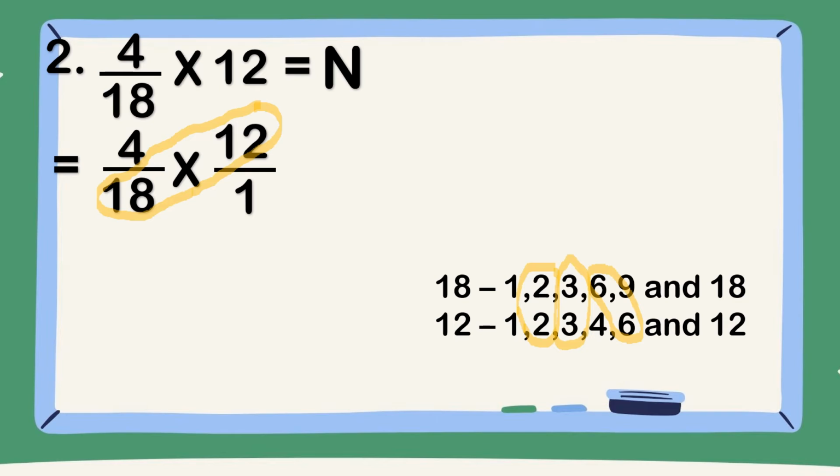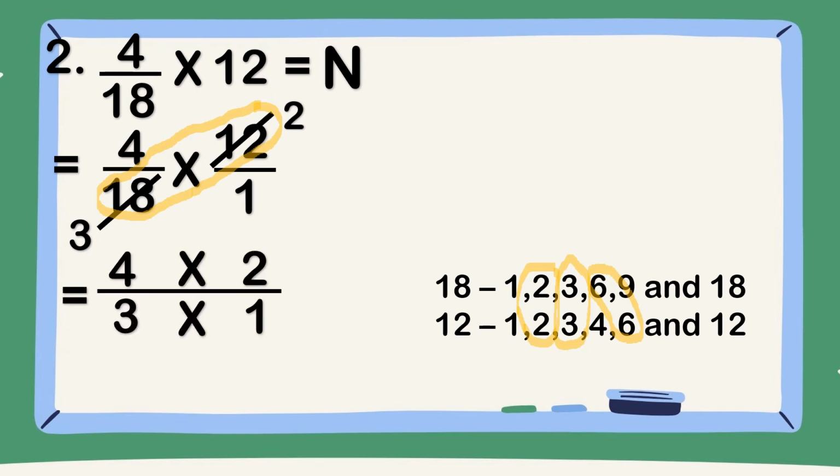So now we are going to use the cancellation method by dividing it by their greatest common factor. So 18 divided by 6 is equal to 3, and 12 divided by 6 is equal to 2. So now we are going to write the new fractions. So 4 thirds